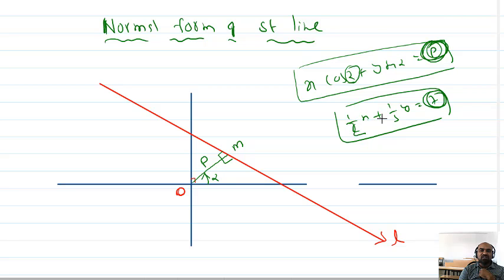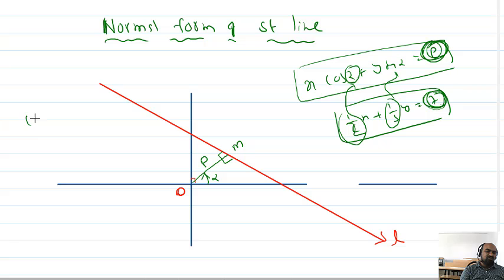How can you say it is not in that form? This is in the form of x cos alpha plus y sin alpha equal to p only. So p means 7. We can't say that 7 is the distance from origin to that line, because if this is taken as cos alpha, this should become sin alpha. Then only you can say that it is a normal form.